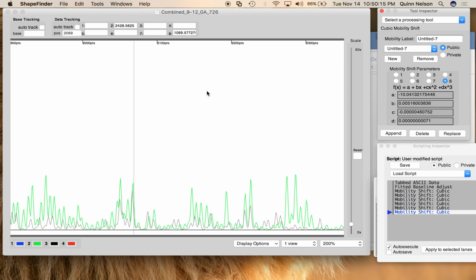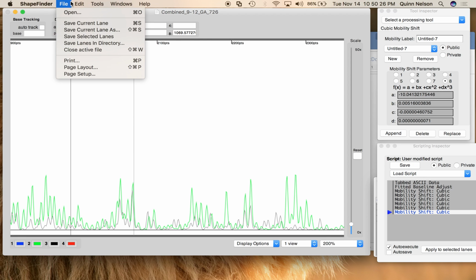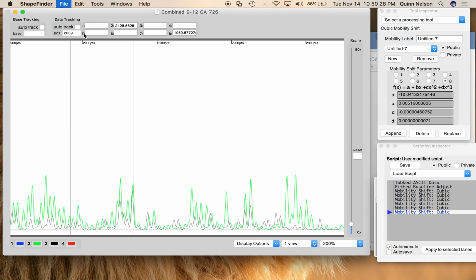okay, so we're done with the cubic shift. We applied it, so we should have 3 pairs, 6 total shifts: 1, 2, 3, 4, 5, 6. Excellent. Okay, guys, save current lane as